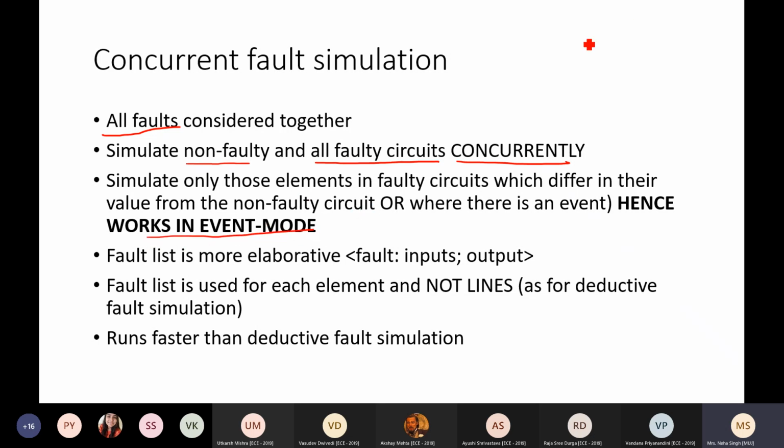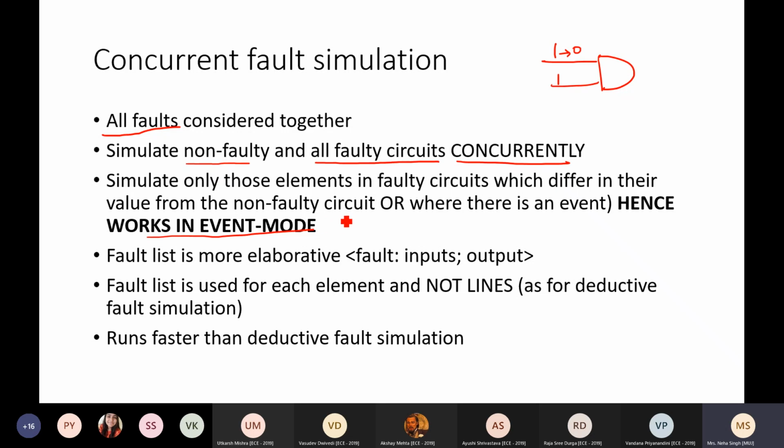This fault simulation also works in event mode. Event mode हमने क्या कहा था कि if this is a wire to any gate and there exists an event, 1 से 0 change हो रहा है, then we will consider this wire only. We will not consider this wire in the next pass. जब test vector change हो रहा है, जैसे initially 1 1 है और केवल यहीं पर bit change हो रही है so that the vector becomes 0 1. So we are only analyzing this line and we do not look into this line. We did not update the fault list for this wire in the next pass. So this is called event mode. जहां पर event होगा 1 से 0 या 0 से 1 change हो रहा होगा, only those points we need